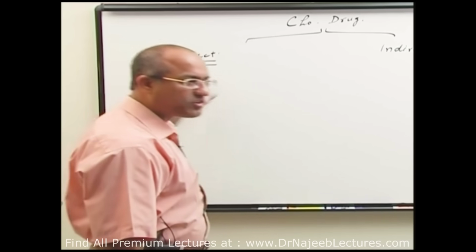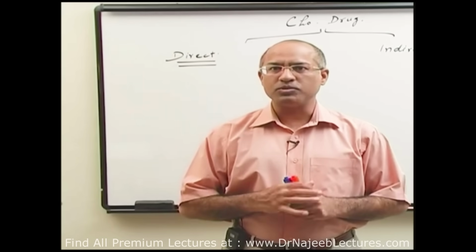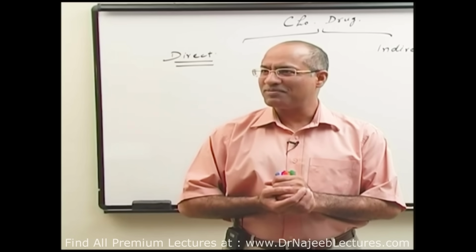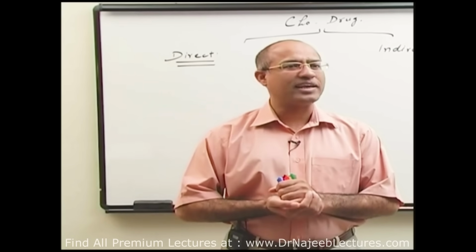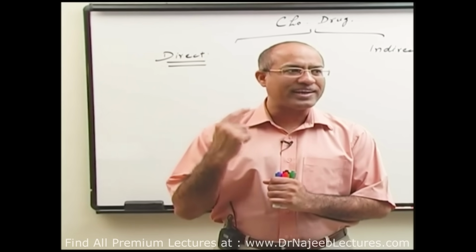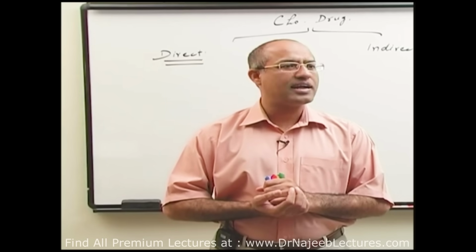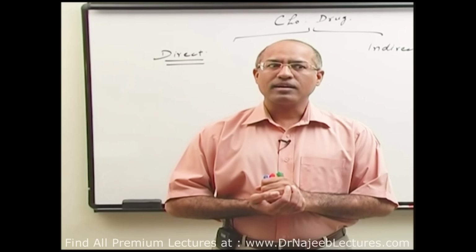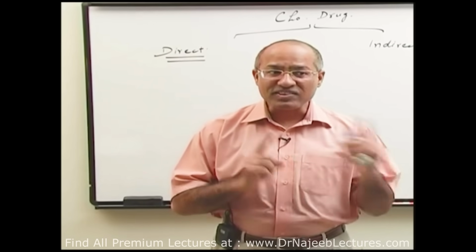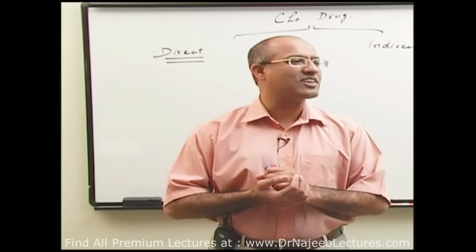Let me take a little assessment of you. There was a direct acting cholinergic drug which could activate the bowels and bladder. What was that? Bethanechol. Okay. And Pilocarpine is used in narrow angle glaucoma or wide angle glaucoma? Both of them. Right. Now you can tell me, Bethanechol has powerful muscarinic action or nicotinic action? Muscarinic action. Very good.